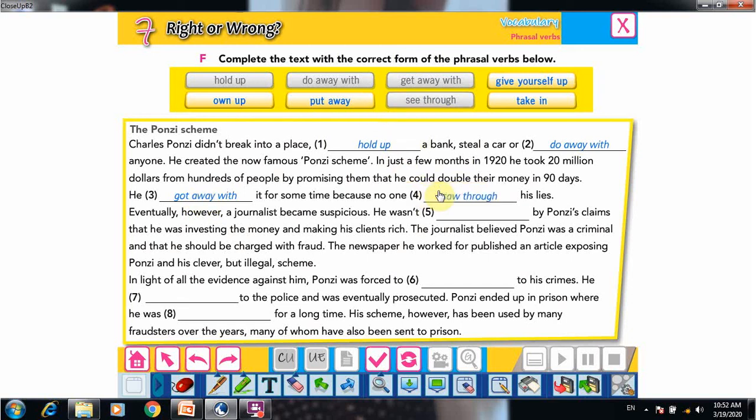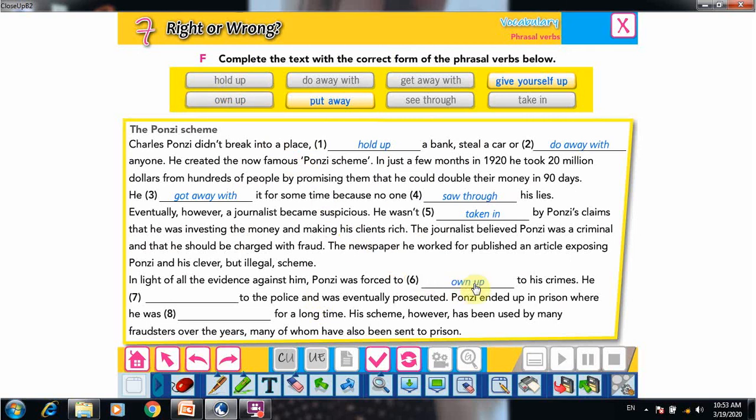Eventually, however, a journalist became suspicious. He wasn't taken in by Ponzi's claims that he was investing the money and making his clients rich. The journalist believed Ponzi was a criminal and that he should be charged with fraud. Fraud means, of course, someone who's doing something illegal, okay? The newspaper he worked for published an article exposing Ponzi and his clever but illegal scheme. In light of all the evidence against him, Ponzi was forced to